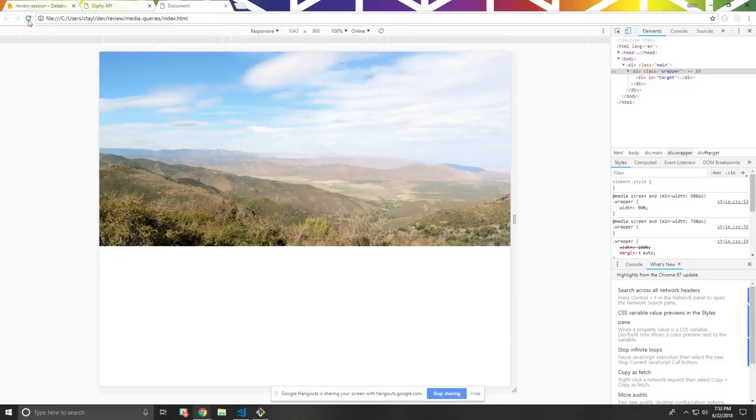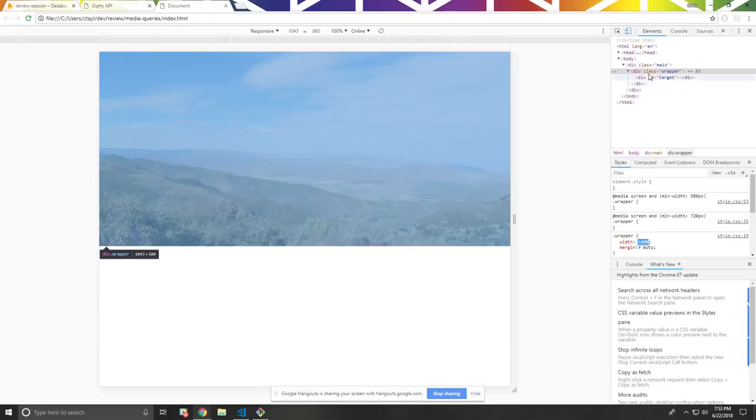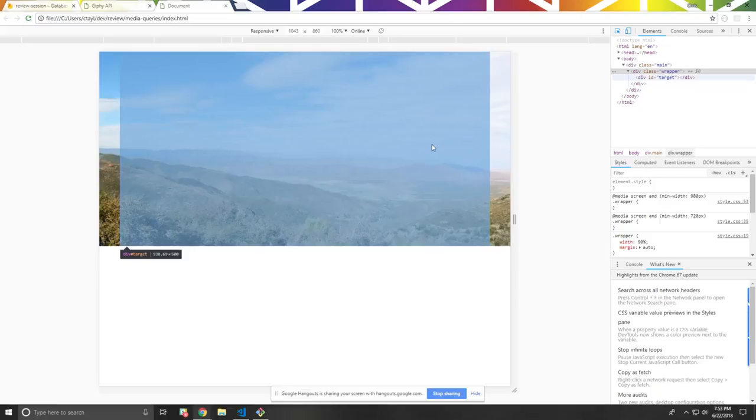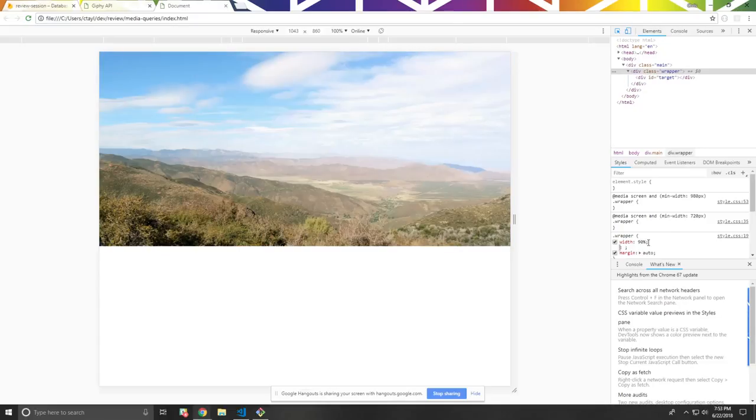Oops. All right, so see how it's coming in from the sides, and it's got the margin auto to center it. Then I might give it a background,